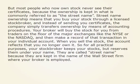Your broker will buy the stock for you from traders on the floor of the major exchanges like the NYSE or the Nasdaq, and then make a record of that transaction in your individual account. When you sell the stock, the account reflects that you no longer own it. So for all practical purposes, your stockbroker keeps your stocks, but reserves them under your name. They are called street name because they are kept in the name of the Wall Street firm where your broker